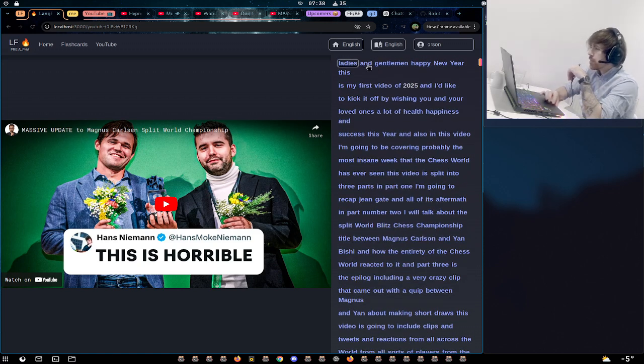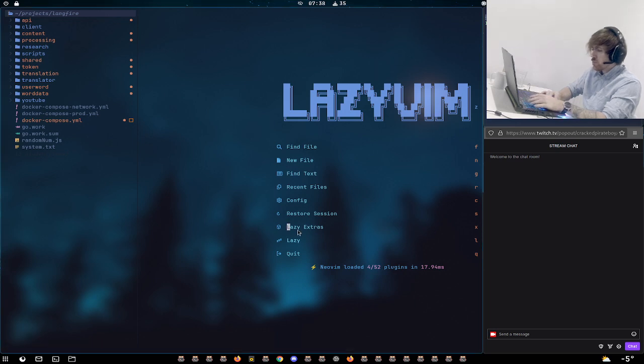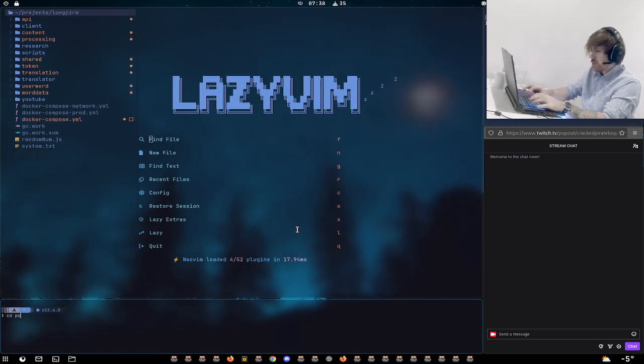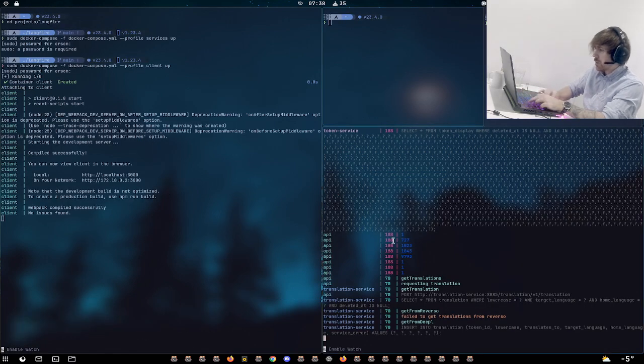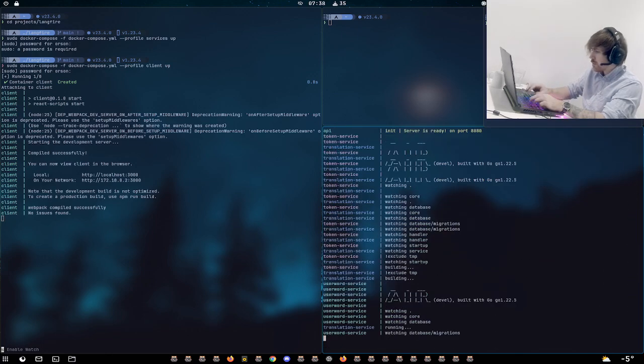The conclusion I'm getting is if I dropped all the databases and then processed them, I'd expect the tokens to not work. So if I go make a terminal below, just a small one, cd project Langfire, and then sudo drop. Oh, it's scripts. I think it's db drop. Yeah. So it's going to drop every table, and then to repopulate the tables we need to reboot the service because they migrate them.